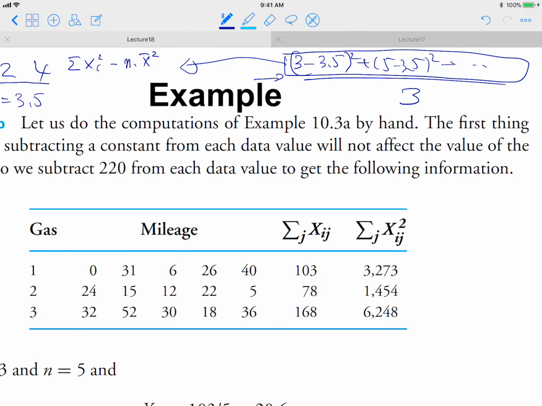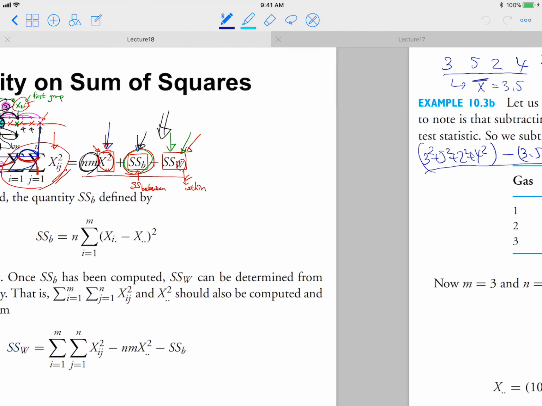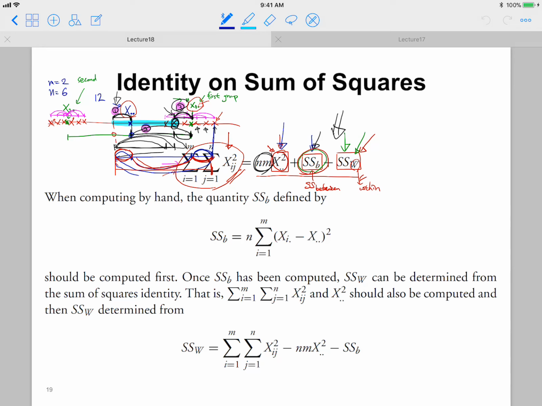Okay, so in this case, 3 squared, 5 squared, 2 squared, and 4 squared, and minus 3.5 squared times 4. Okay. So this was the one useful identity that we can use. So instead of computing this measure in this way, we can compute the same value in this manner. So we can use this equation